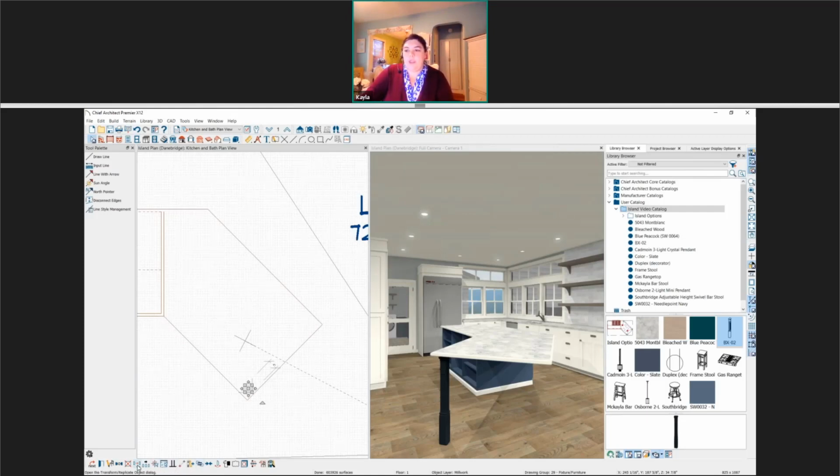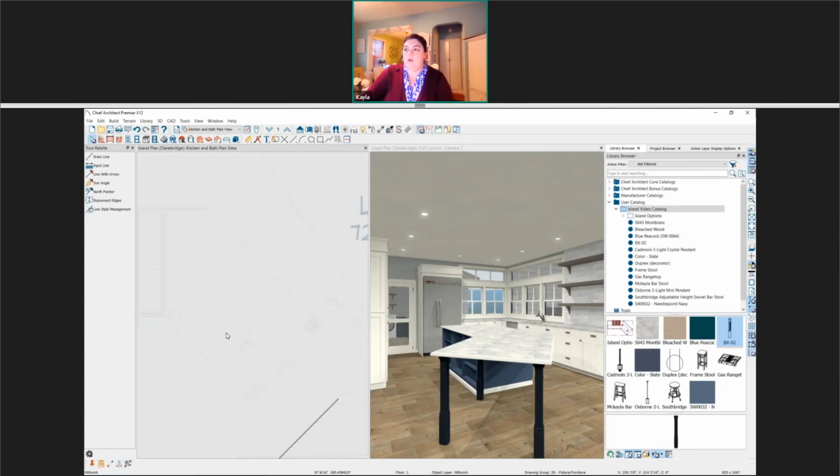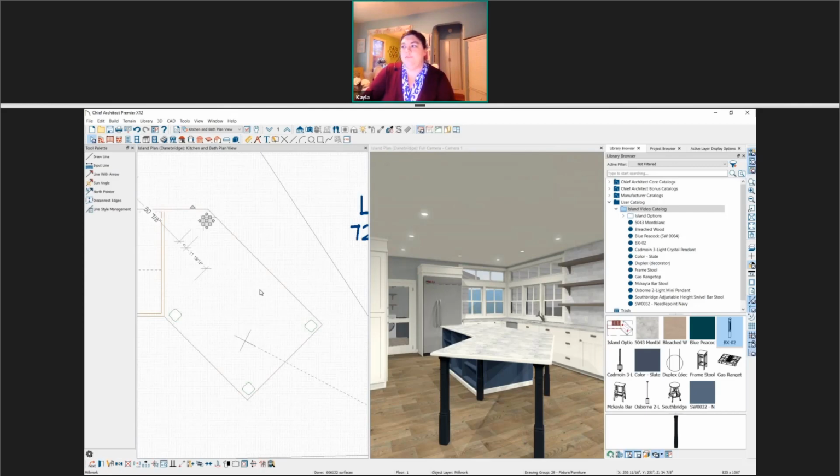So I'll start with this one and I'll select copy. And then there's a sub menu so that I can reflect the copy. I'm going to reflect it right over this edge. And then I'm going to select this one again, copy it again, and reflect it over this edge so you can see that indicator. I'm just saying what is the reflection line. One last time, I'm going to copy this last one and reflect it over this edge. So you can see if I hover my mouse over this line, it gives me an indicator for that line. If I hover over here, it's going to reflect over this edge. So we can move that reflection point around to find the correct point.